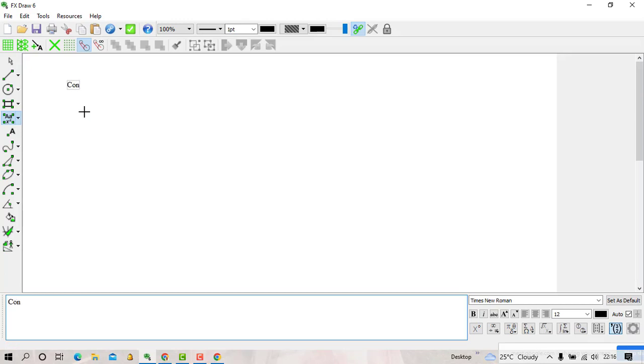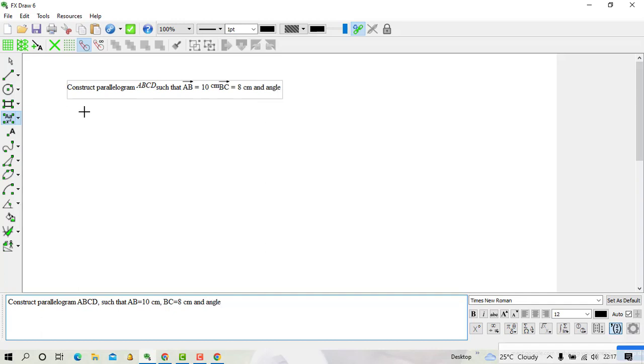Question. Construct parallelogram ABCD such that AB is equal to 10 centimeter, BC is equal to 8 centimeter, and angle BAC is equal to 75 degrees.